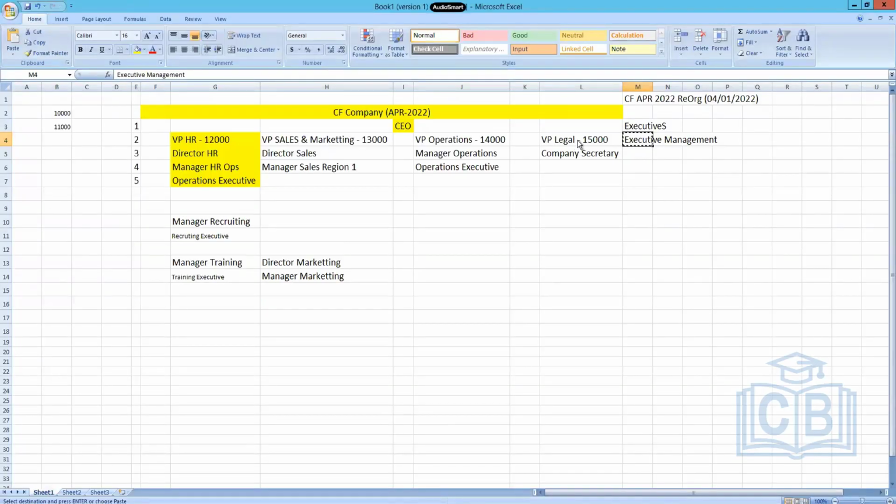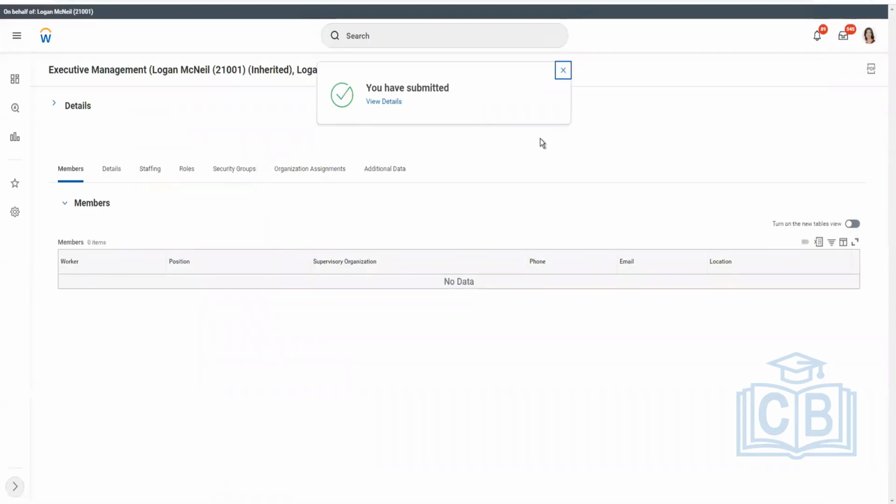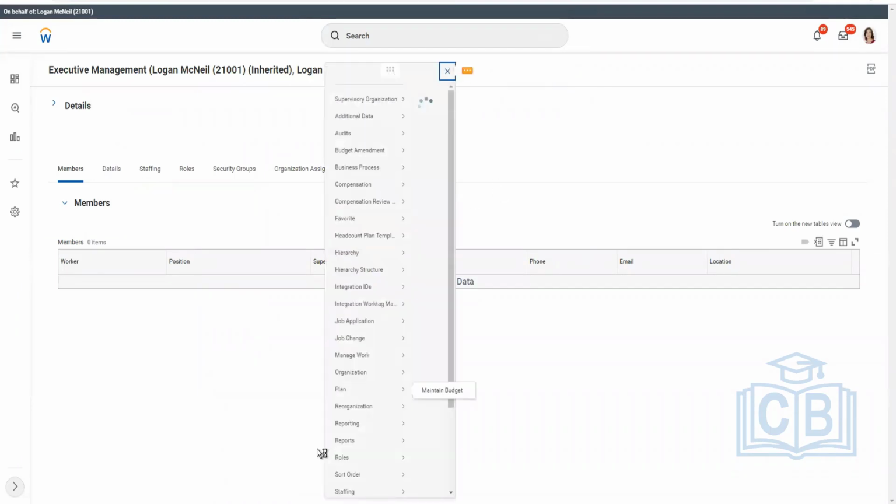Next is legal. Now I can create the subordinate organization with the reorganization task as well,